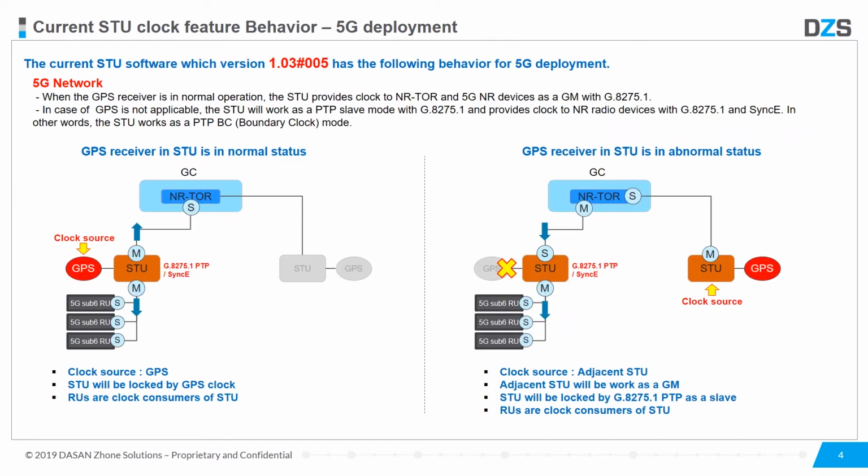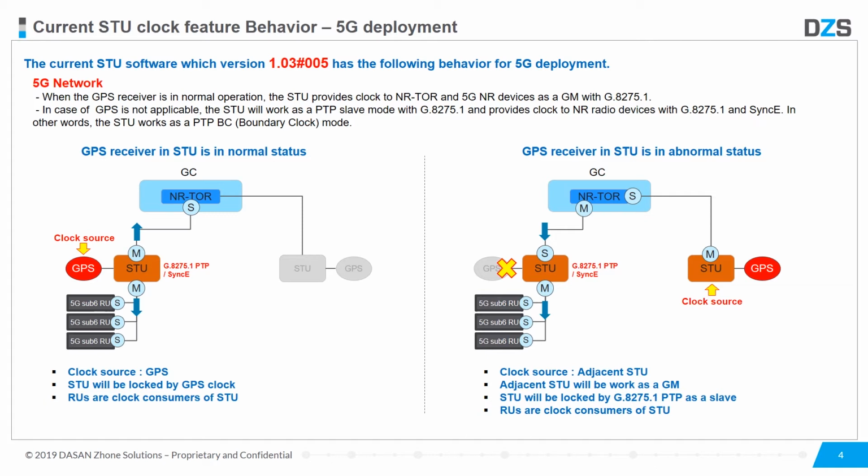Let's move on to page number 4. The current STU software version is 1.03/5, and I will explain the clock operation of the STU in 5G network. In a 5G network, when the GPS connected to the STU is received normally, the STU receives the clock source through the GPS. The primary clock of the STU, to the NLTOR for the northbound and to the 5G new radio device for the southbound,